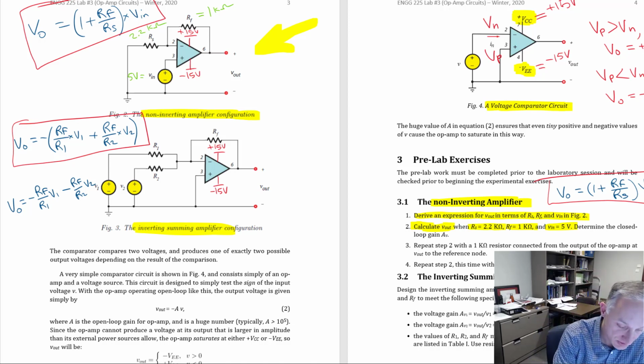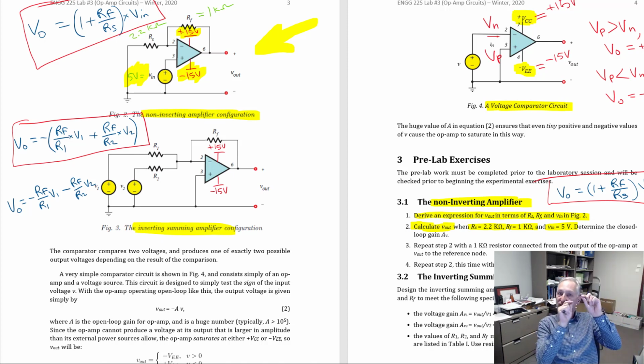Your breadboard system is going to give you plus 15 volts, minus 15 volts, and it also has plus 5 volts as well. And you got to be careful how you connect the plus 5 volts, okay? Because you need to reference that plus 5 volts to the plus or minus 15 volts on your breadboard, okay? So you have to make a connection from the ground between the plus 15 volts and the minus 15 volts, and you've got to put a wire into the right place for the 5 volt supply. If you don't know what I'm talking about, you might want to refer to the breadboard video that we made, okay? Because it explains that there. Or you can ask your TA or instructor. Okay,